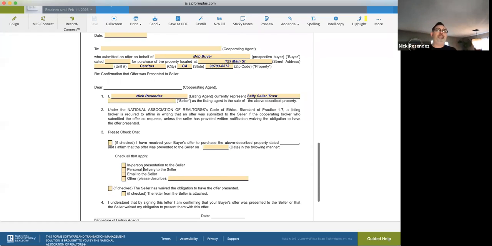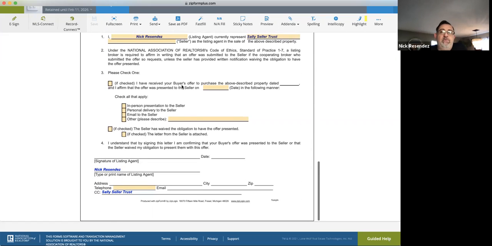So the buyer submits an offer through their agent. They don't hear a response. The buyer's agent then asks the listing agent, we need proof that our offer was presented. Don't hear anything back. We would send one of the previous letters we've already seen that says we're demanding you present our offer, we're demanding written confirmation our offer was presented. This form here allows the listing agent